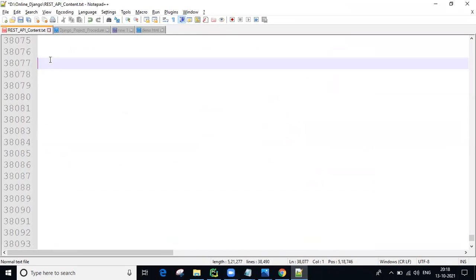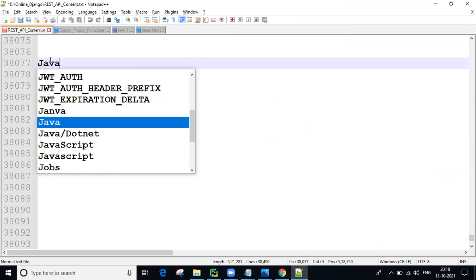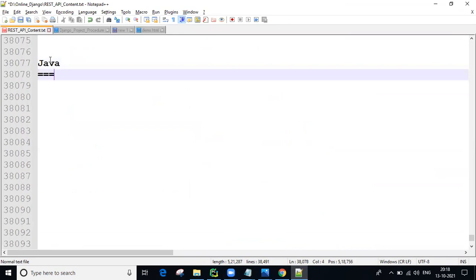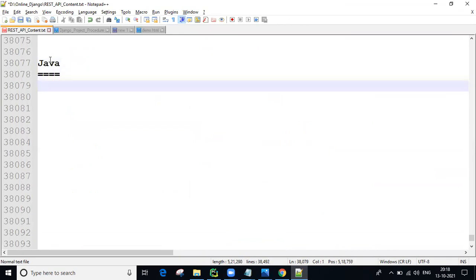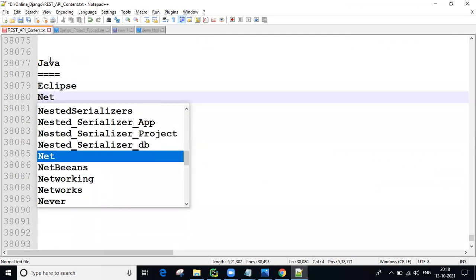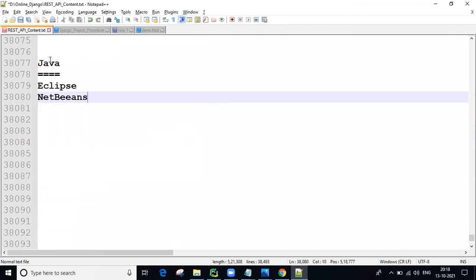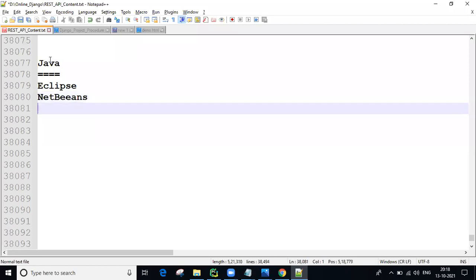Generally, Java learning students use Eclipse or else NetBeans most of the time when learning the course. This is not a fixed rule, but most people use these.